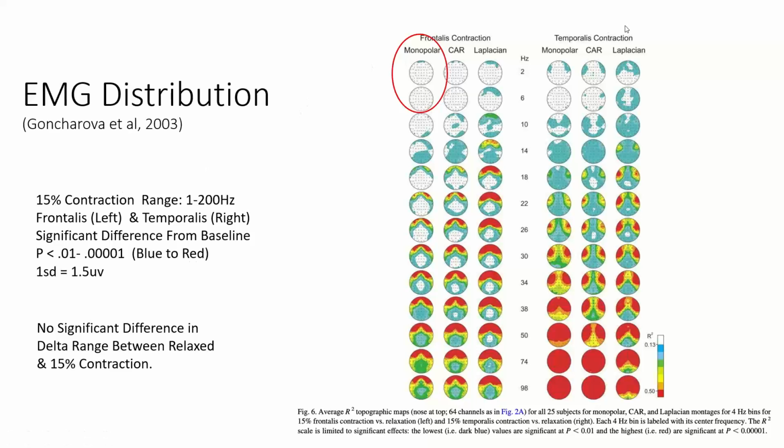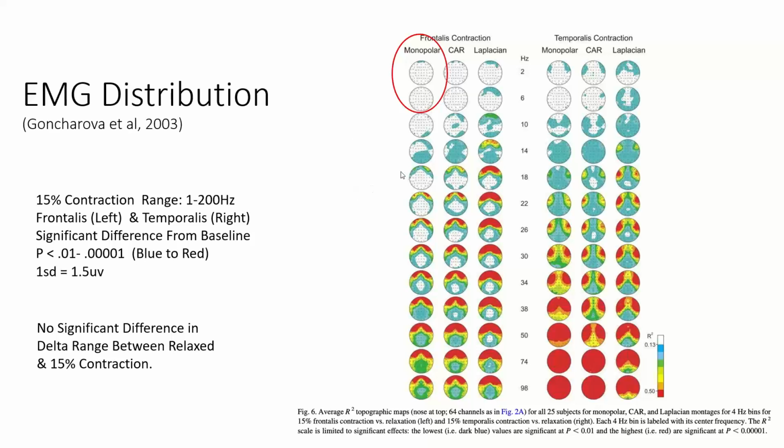which I think is really cool. Here we have monopolar, which is what we use. In other words, when you're doing QEG with us, you're usually doing monopolar. In some of the other softwares, you can do Laplacian montages and all kinds of other montages, which is great if you're doing research. I don't find them that useful for clinical neurofeedback. I would if I was a neurologist, however. But neurofeedback, I think our monopolar works more than well enough for what we're doing.